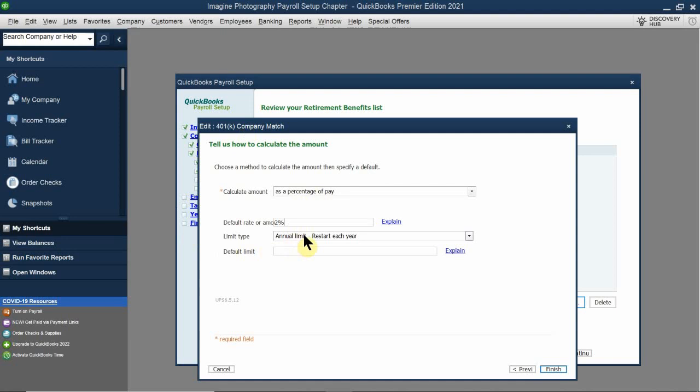2%, and is it an annual limit? In this case, let's see. The liability set up for this 401k is going to have a limit. It is at the end of the year, and we're going to have it restart every year in the grand total amount of, let's see, it's going to restart at